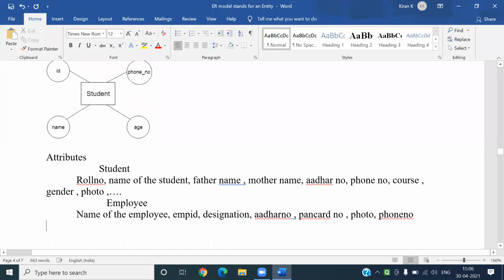So all these things are called attributes of an employee.